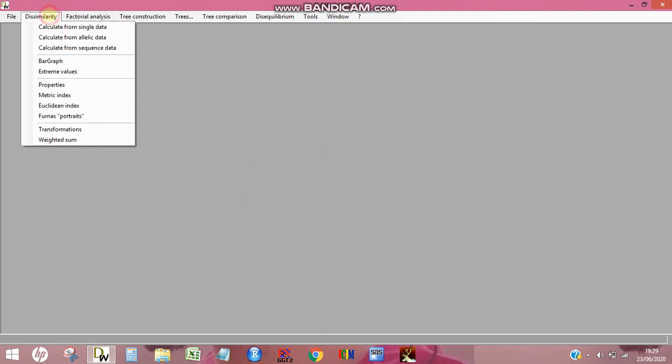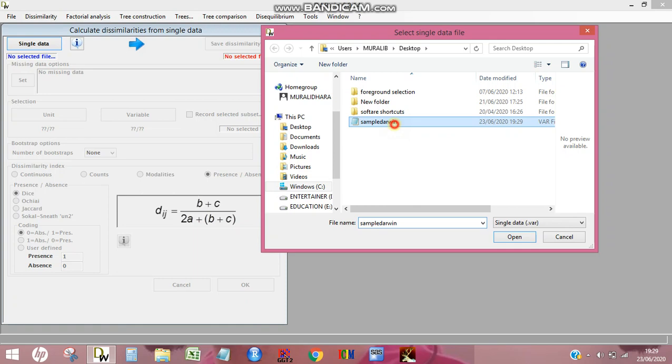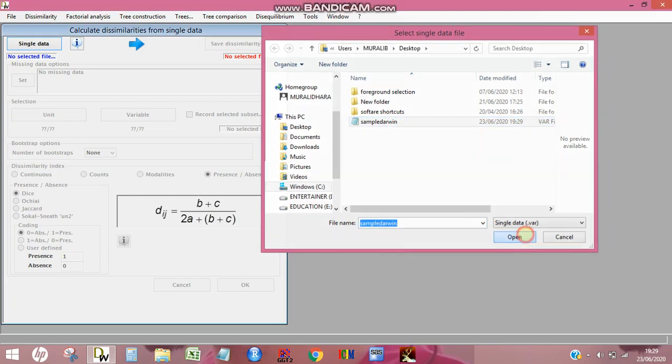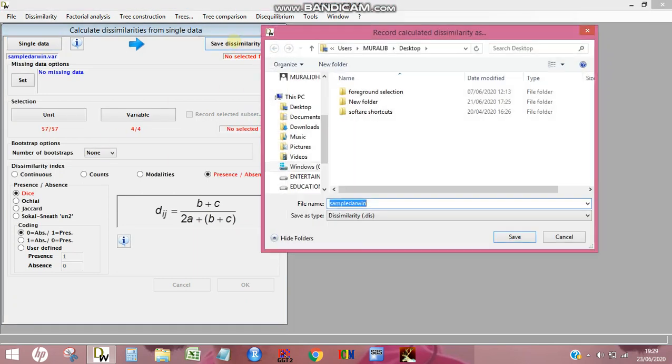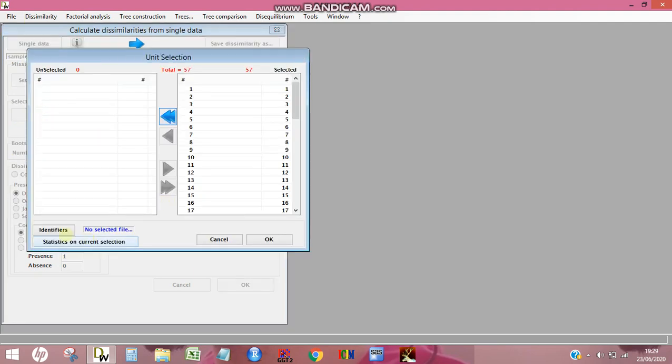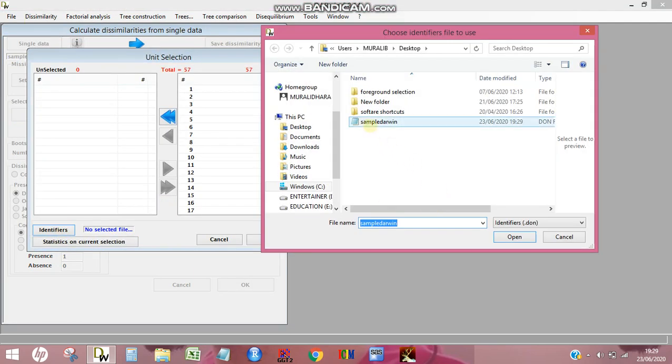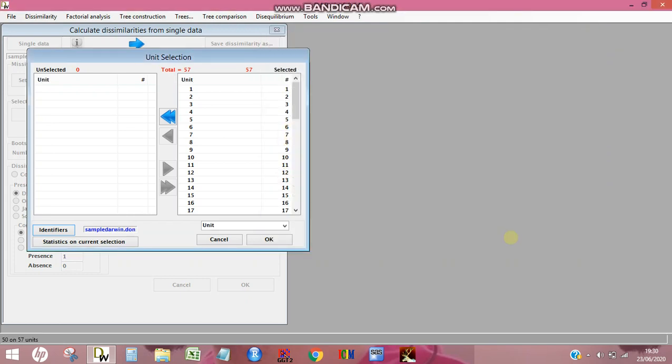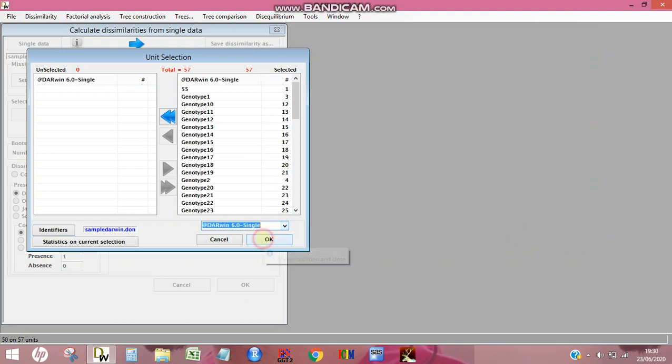Click OK. Then go to dissimilarity. Calculate dissimilarity from single data. Take the same data file and save the dissimilarity in the same file name with .dis as extension. Here we have 55 genotypes, but it shows 57 units. For that you have to go to the identifier file, go to sample Darwin, choose this file, the identifier file with the extension .don, and change it to Darwin single.